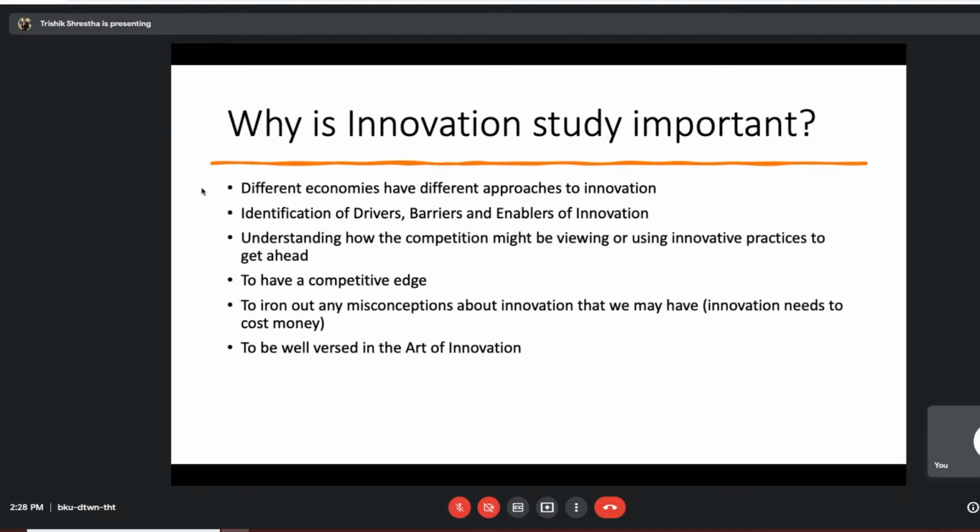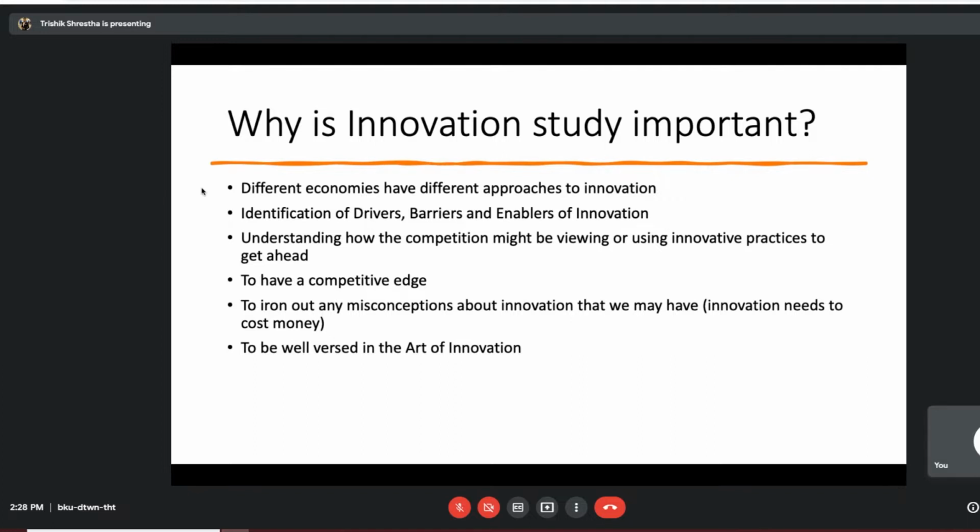What happens 10 years along the line when they are continuing their practice of innovating and we're just staying at this point in time because we think that innovating is expensive? They will reach a position which we will have a very difficult time catching up to. That is the reality of it all.